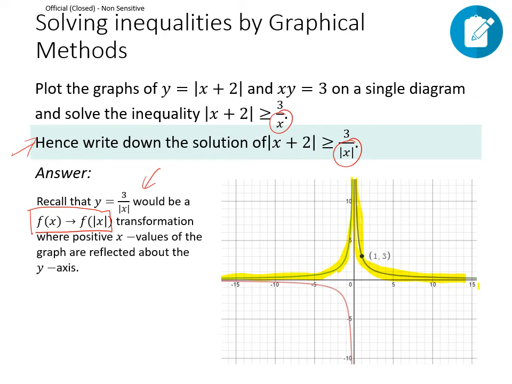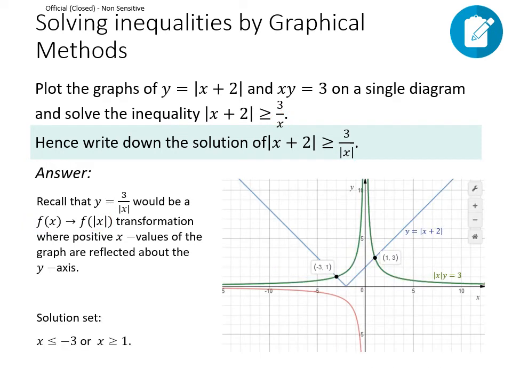So the eventual graph that we are talking about, the eventual graph that is considered to be y equals 3 over modulus x, would be this portion that is in green, now highlighted yellow. So this is the portion of the graph that we are talking about. And if we want that portion of the graph to be less than the modulus straight line, we are talking about the solution set that really is below,